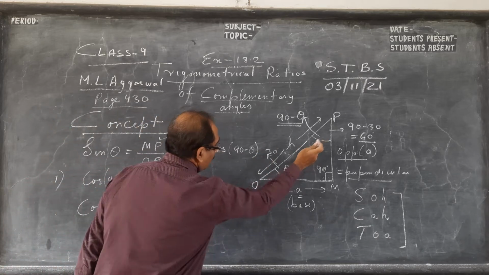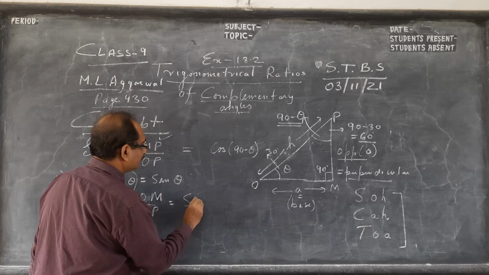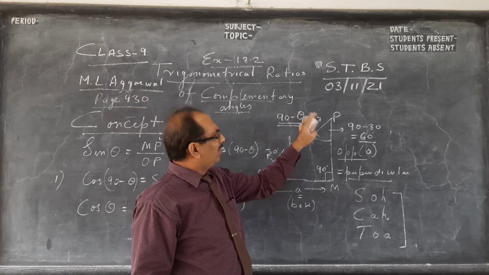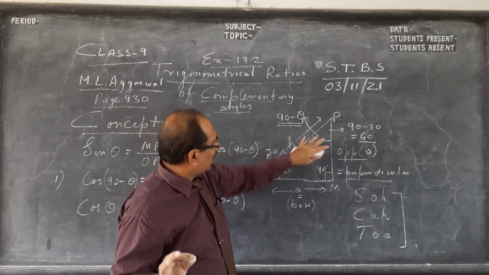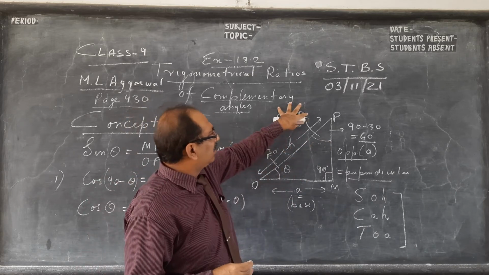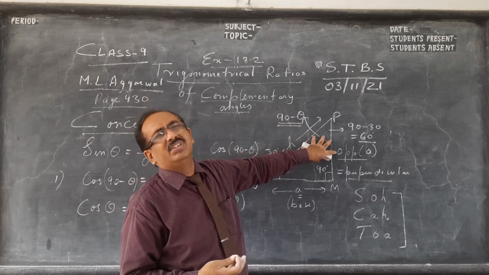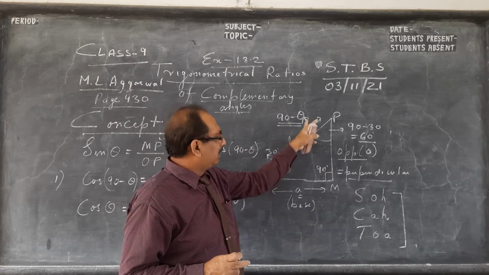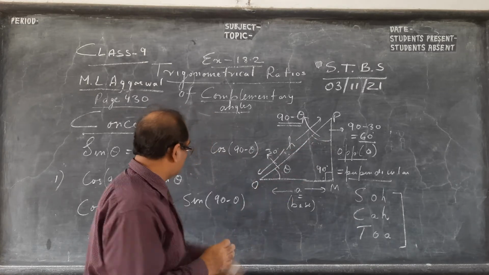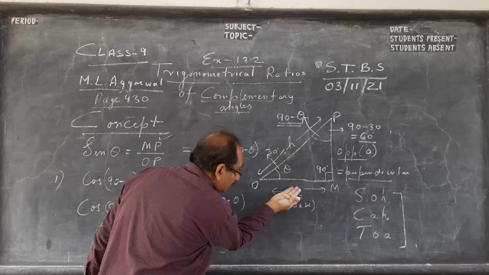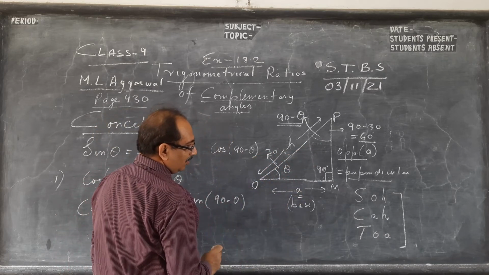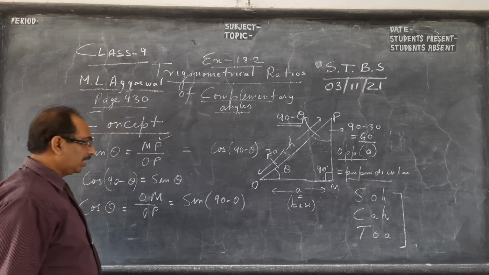Now you see what is sine of this. Sine of this, don't confuse. 90 minus theta is an angle. Don't think about what it is, it is an angle. If it is 30, this is 60. Just 1 minute, so don't get confused. 90 minus theta is the value of this angle. If theta is 30, 90 minus 30, this is 60. So sine of this is this by this, perpendicular by hypotenuse. This becomes opposite for this particular angle. I hope you have understood.